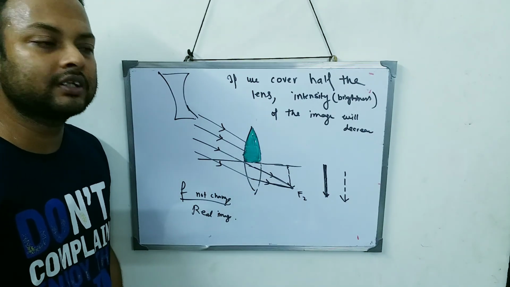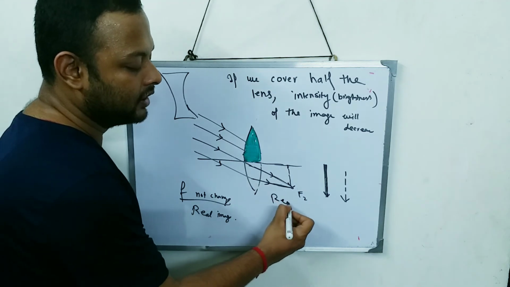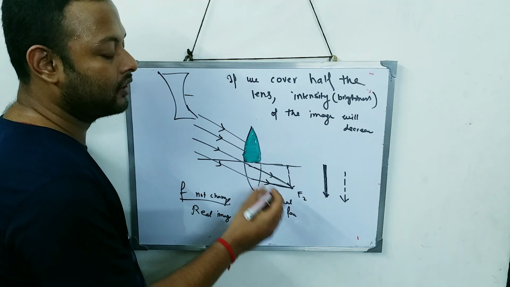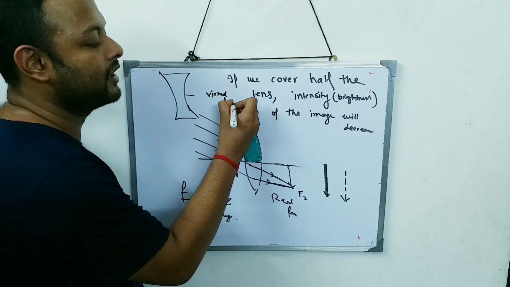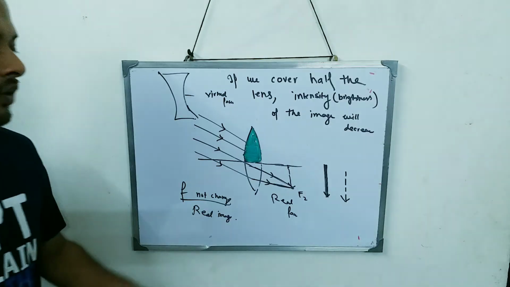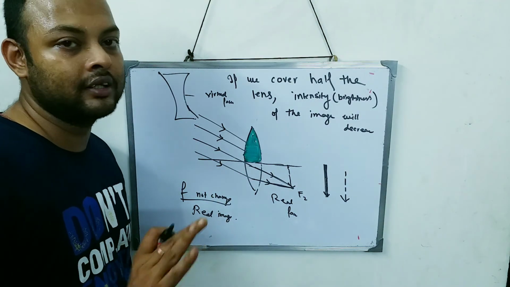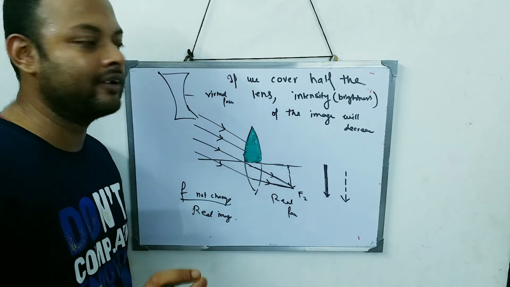So these are the definitions. Over here we are going to have a real focus and a real image. This one is going to have a virtual focus. These are the differences between concave and convex, which we can easily understand by reading the book. So this is all we have in exercise 5A.